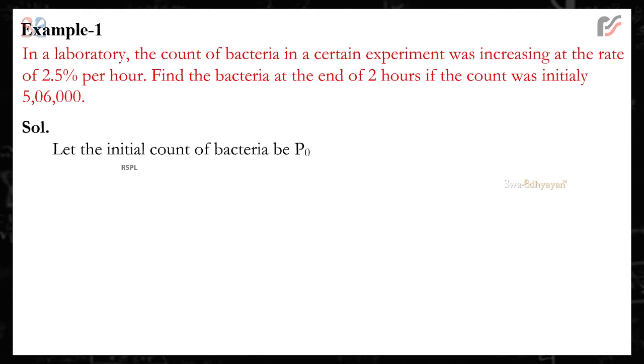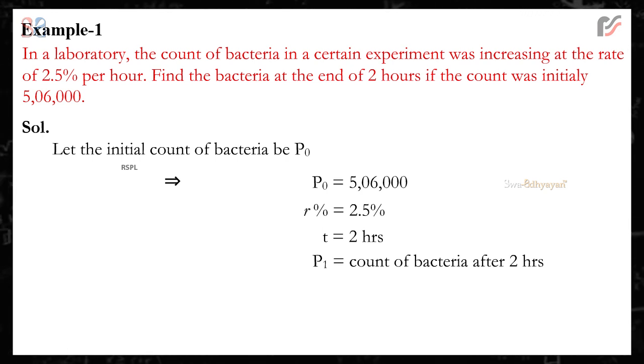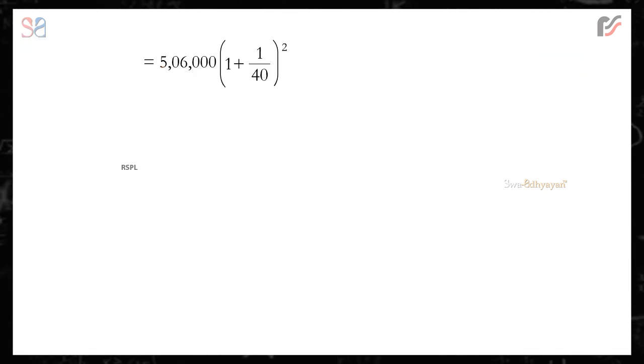Solution. Let the initial count of bacteria be P0. This implies that P0 is equal to 5,06,000, R% is equal to 2.5%, T is equal to 2 hours, P1 is equal to count of bacteria after 2 hours, is equal to 5,06,000 into, in the brackets, 1 plus 2.5 by 100, the whole square